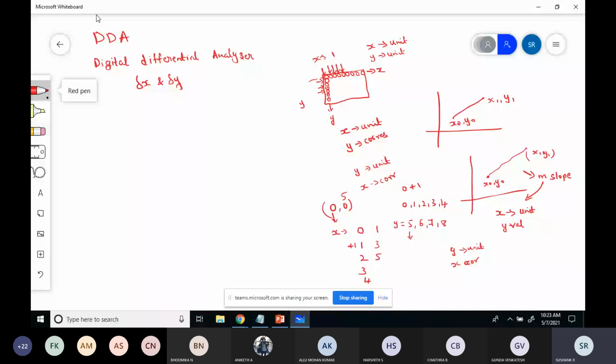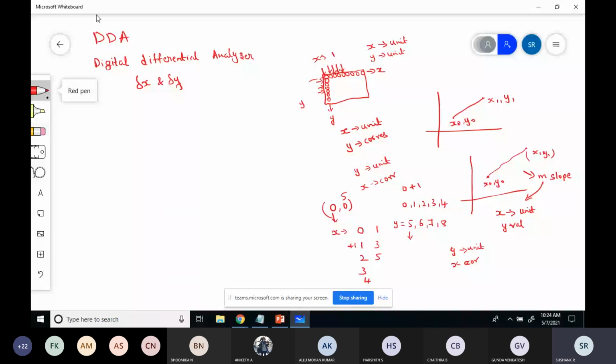So first thing is it is a scan conversion line algorithm where the values are calculated based on either delta x or delta y. Here the line will be sampled at unit intervals in one coordinate. Either it might be x coordinate or y coordinate, and the corresponding integer value will be calculated. If you are moving in x direction, you are sampling the x coordinate and finding the corresponding y value. And if you are moving in y direction, you will find out the corresponding x coordinate where the y will be moving in unit interval.